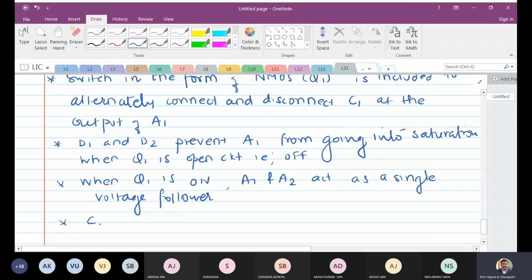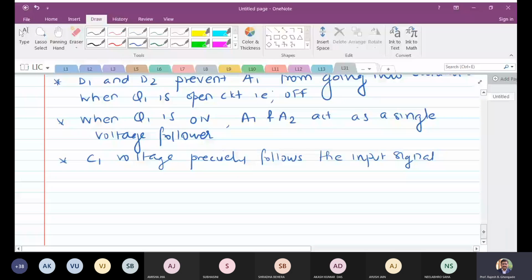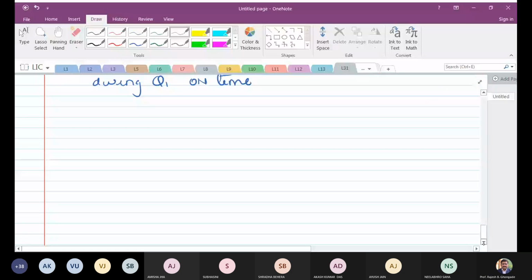The C1 voltage precisely follows the input signal, but now during the Q1 on time, so if we try to draw a figure of the waveforms,